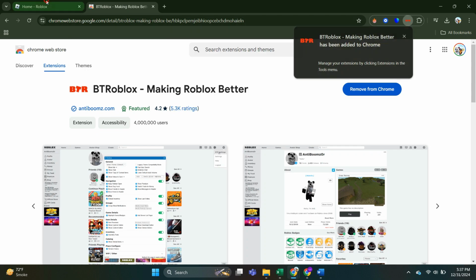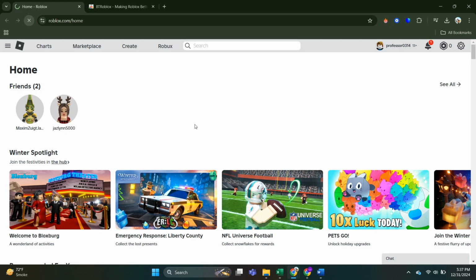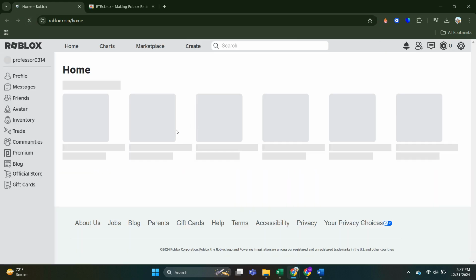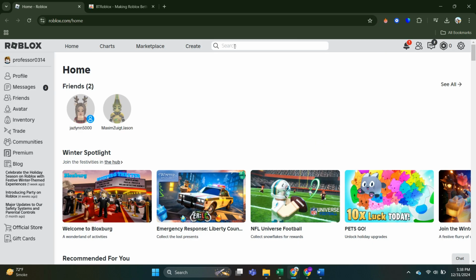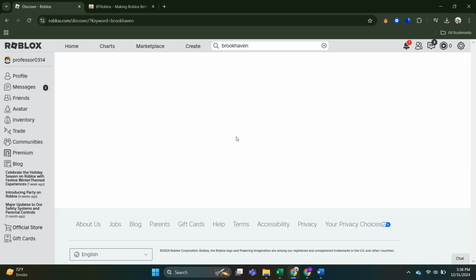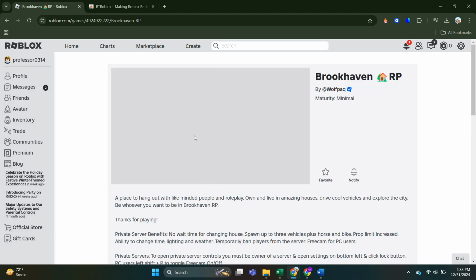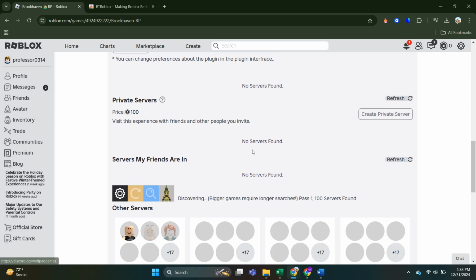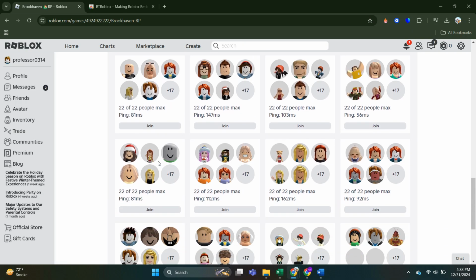Now refresh your Roblox game here. And after we refresh the browser, we will search for Brookhaven. And we'll search for Brookhaven in Experiences and just load up the game. Now if we scroll down here, you should be able to see a list of all of the different servers